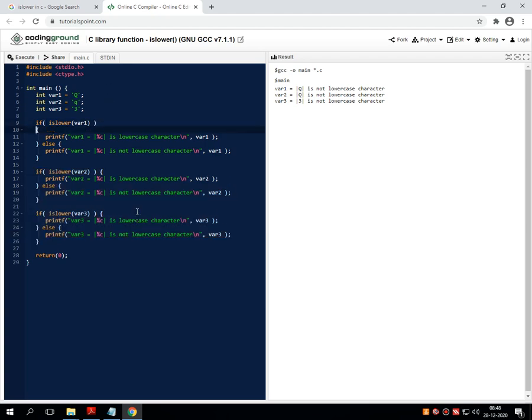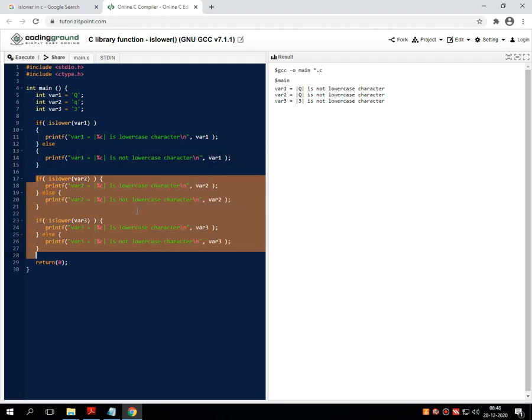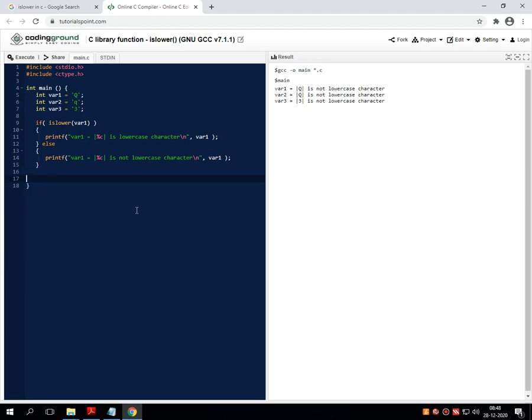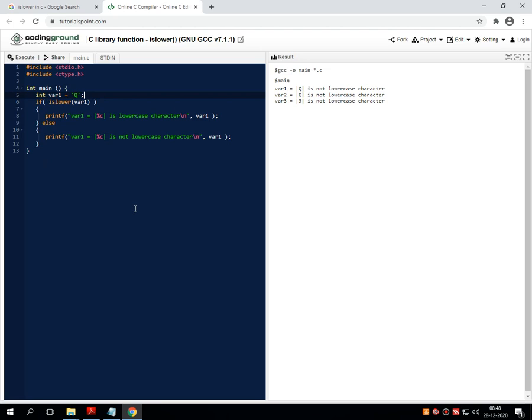Let me make this program proper. I am removing all the remaining lines, so it reduces the total length of the entire program. Even I am removing these 3 variables, and taking only the capital Q, and let me execute the code.